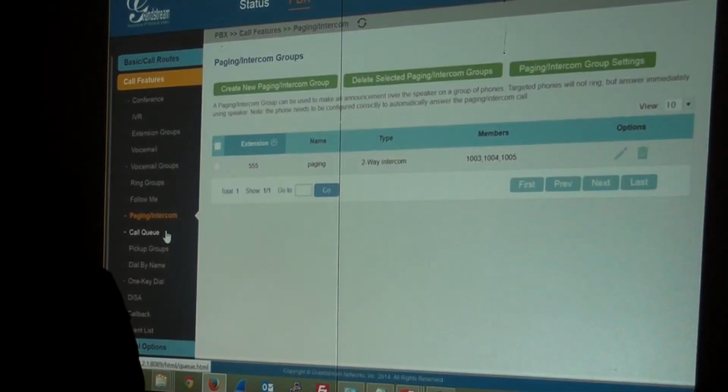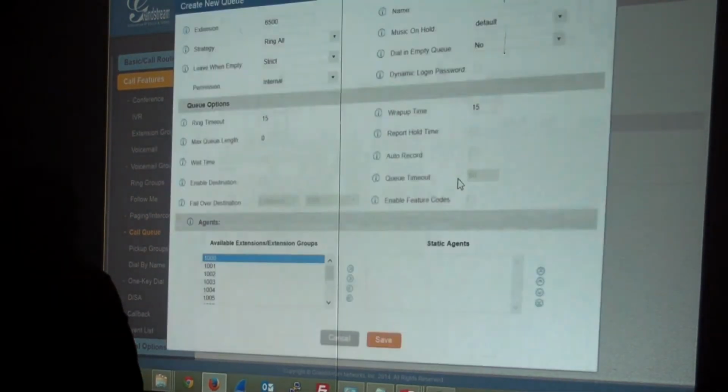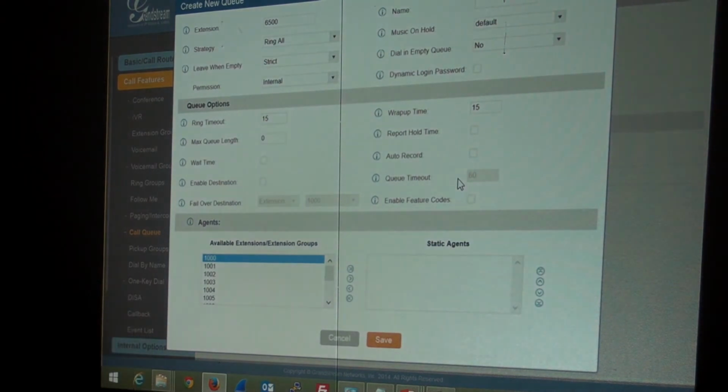All right, focus. So, it's going to automatically create an extension number, 6500. You can name it my call queue test. Then you have these different types of strategies, like ring all, linear, least recent, fewest called, random, or round robin. Of course, you enter the group here,